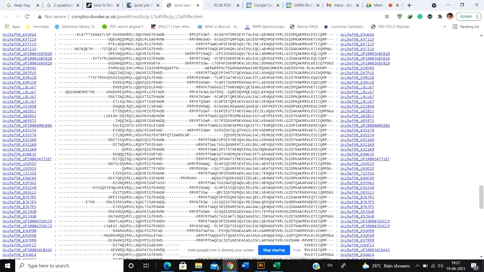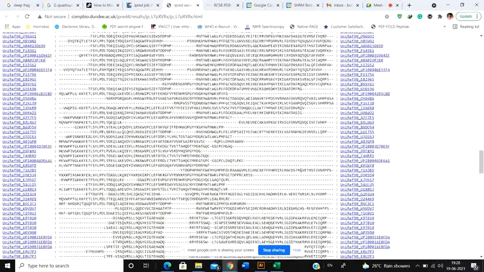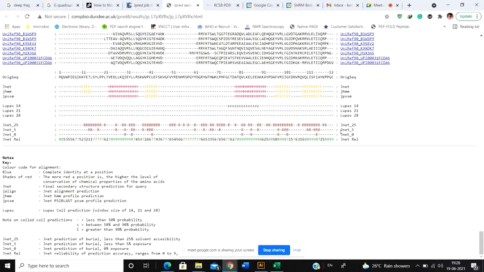But there are going to be certain areas that are not going to be deleted or mutated. For example, in this particular location, the GID PKA, this particular sequence is not changing at all. This particular sequence is not changing at all, because that is more or less similar. And if you come down at the end, this is going to give you the detail of this particular structure. Now, as I have told you, there are multiple algorithms that predict the secondary structure of your protein.